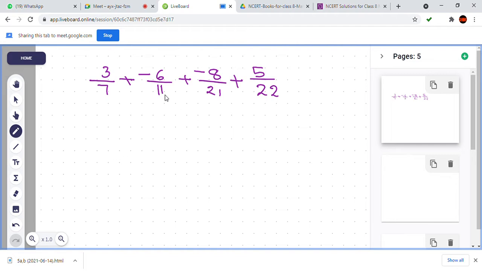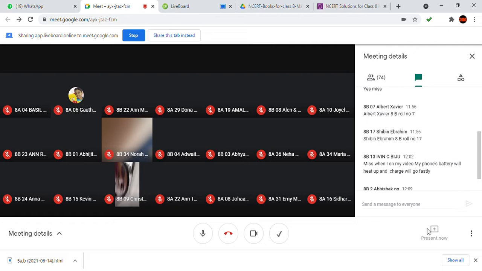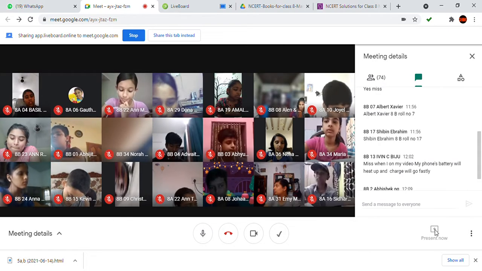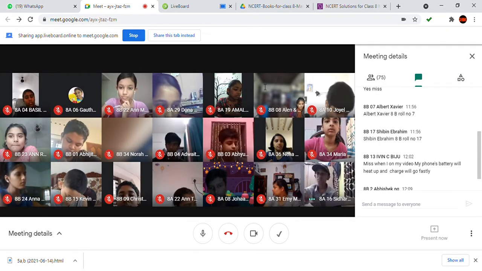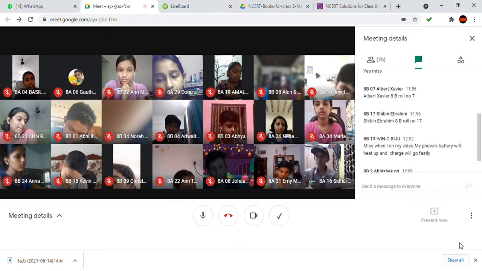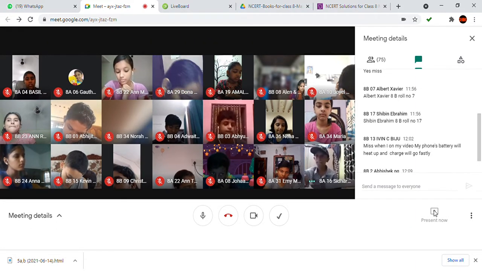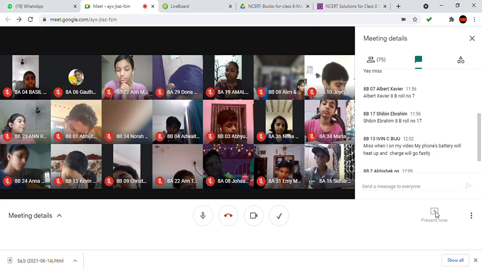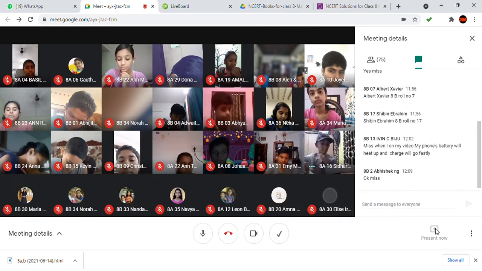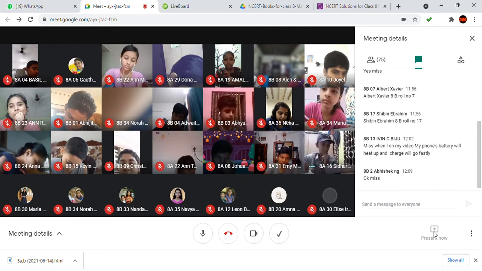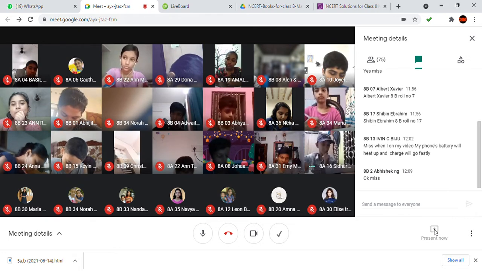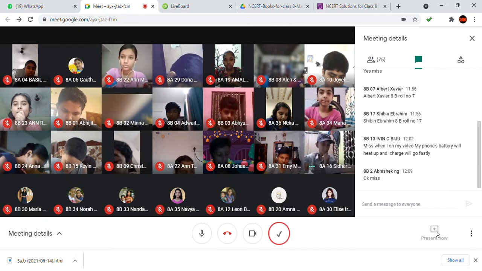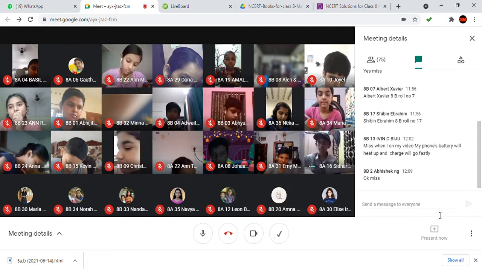Then the next rational numbers: negative 6 by 11 and 5 by 22. There also 11 and 22. 11 is a factor of 22, so for taking the LCM that is simple. So first of all you can group the rational numbers in that order. So for that you can form two brackets. In the first bracket we can group